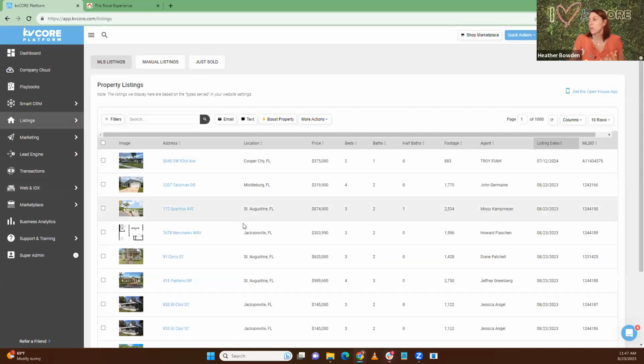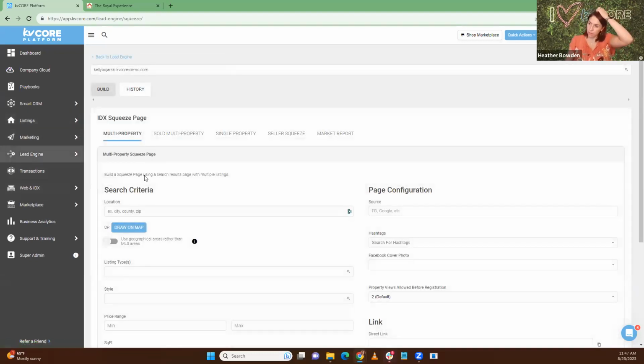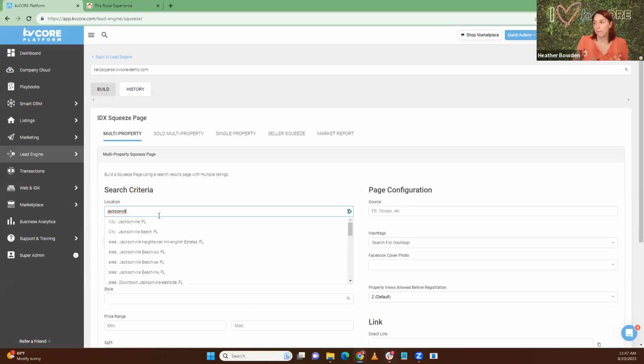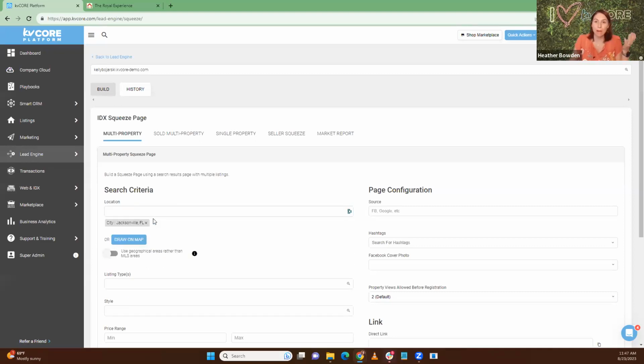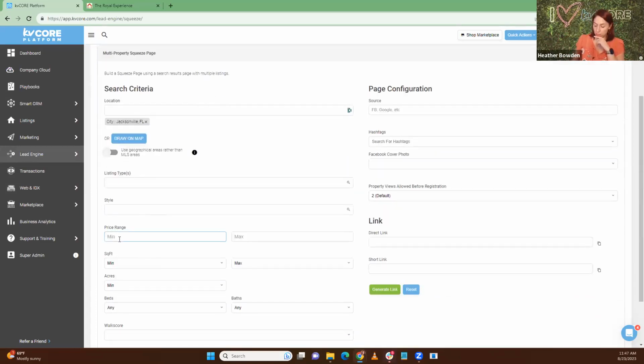Florida. Okay, so Jacksonville. So if we did build squeeze and we did Jacksonville, or you could do all the counties. If you want your whole MLS, you could do all your counties or something like that. And we say, I want everything that is minimum. Like Jacksonville might be, I don't know, Jacksonville, but let's say everything over 700K, not 1.5,